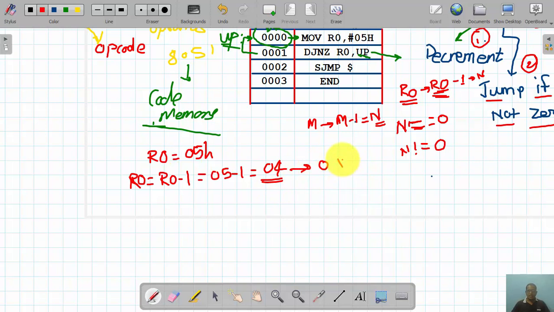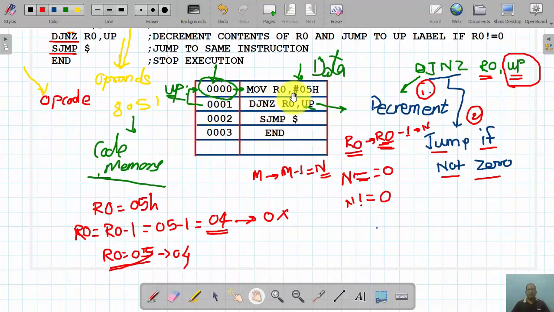In this case the 04 is not equal to 0, and hence my program is going to jump to this up label. And where is my up label? To this MOV R0, #05. So again the register R0 gets loaded with 05. Then again the next decrement of the value of R0. In this way, the values continuously get decremented by 1 and it jumps to up. This code is going to execute an infinite number of times, because every time the value 05 is loaded, then decremented by 1, so the new value is 04. As 04 is not equal to 0, again it is loaded with 05.